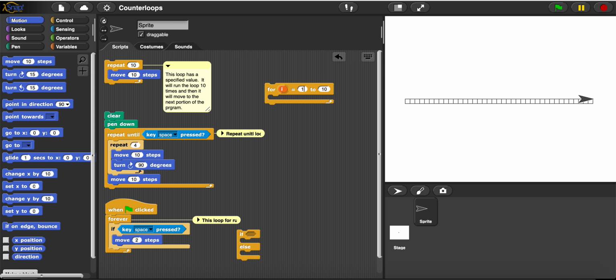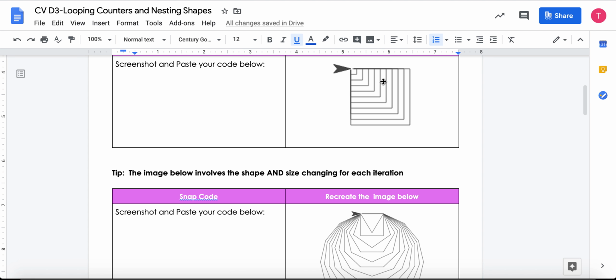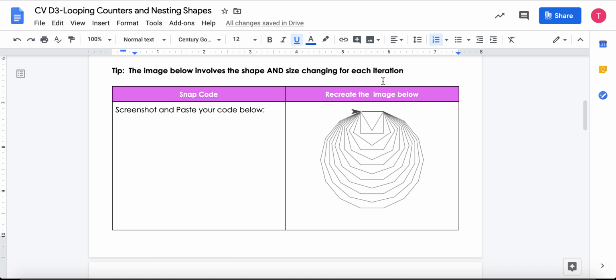So you can use the counter loop to help create these conditions where each iteration something is changing, or you can even run the same thing over and over and over, right? But for this activity, we're going to be using a counter block to create this iteration, which is multiple squares. What you're going to see is, as each iteration changes, the size changes. So each time it is run, the size of the square changes. For the second one, each time it's run, the shape changes, right? So there's something changing in the code each iteration that allows us to draw different shapes, from triangle